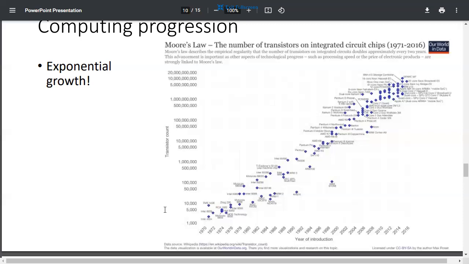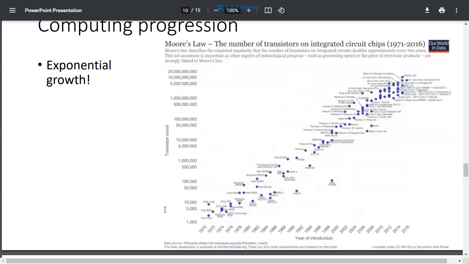What this graph shows is the number of transistors per integrated chip. Our integrated chips started back here in the 1970s, with a few thousand transistors on them. Now we're having 20 billion transistors on a chip, and that was in 2016. So that was like 6 years ago. So you'd probably multiply that by 5 or 10 now. I mean, that's really been increasing quickly. I think you'd agree with that.